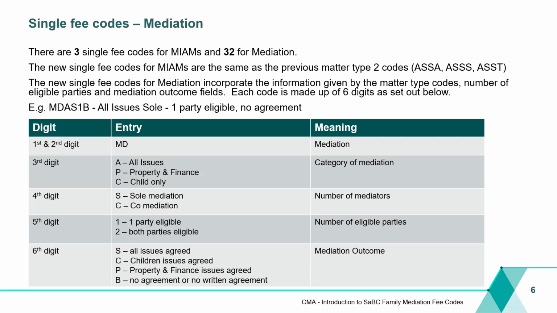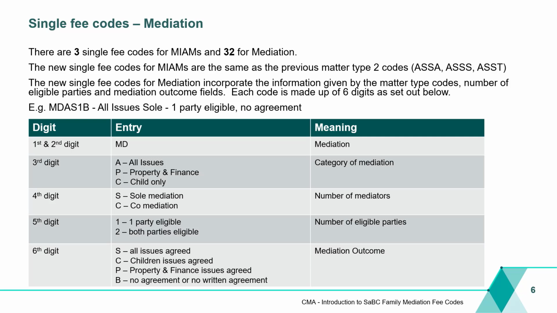There are now 3 single fee codes for MyAMS and 32 for mediation. The single fee codes for MyAMS are the same as the previous Matter 2 type codes as listed. The single fee codes for mediation incorporate the information given by the matter type codes, number of eligible parties, and mediation outcome fields. Each code is made up of 6 digits as demonstrated. An example, if you were reporting an all issues mediation with one mediator, one party eligible with no agreement reached, you would use the code